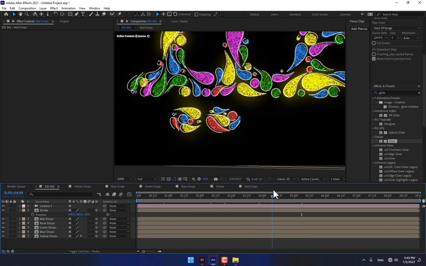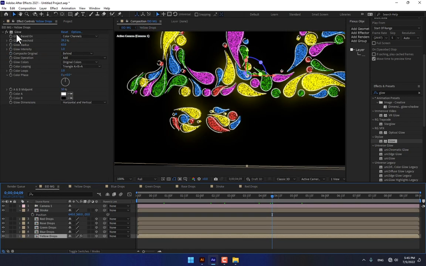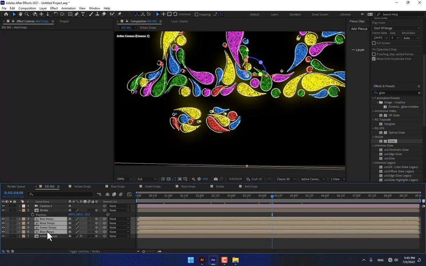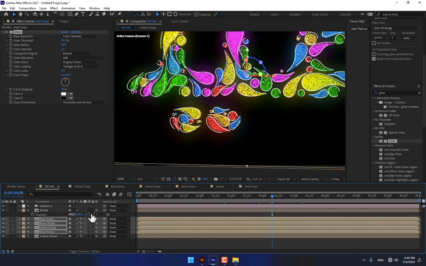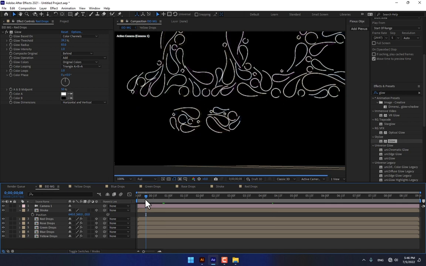Okay. There I have used the glow effect on the yellow drops. Select the yellow drops, there is the glow effect, and copy the glow effect, paste on all layers like this. And now time to create